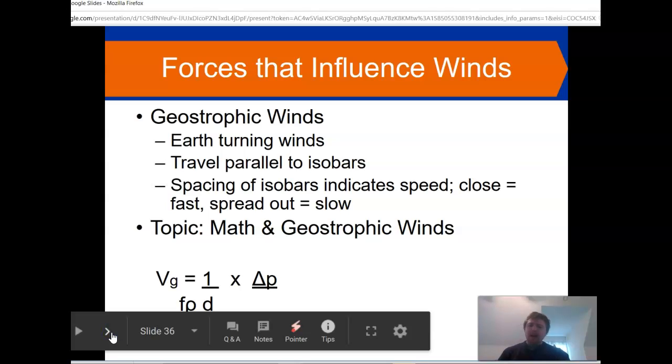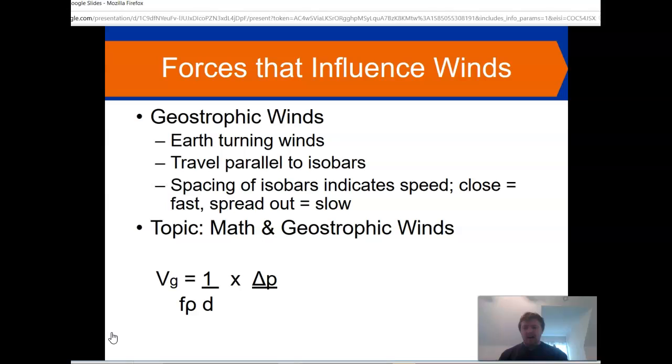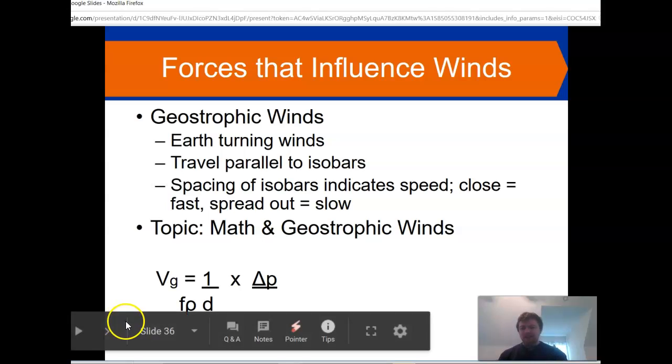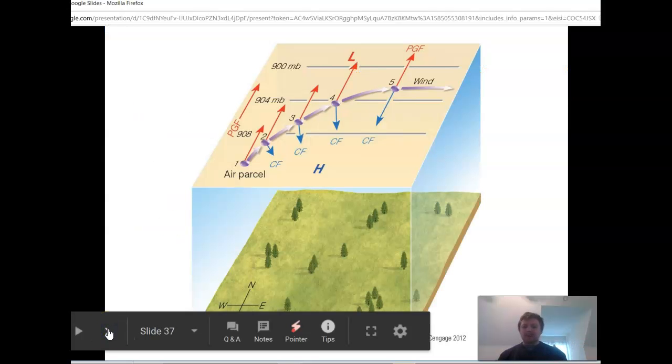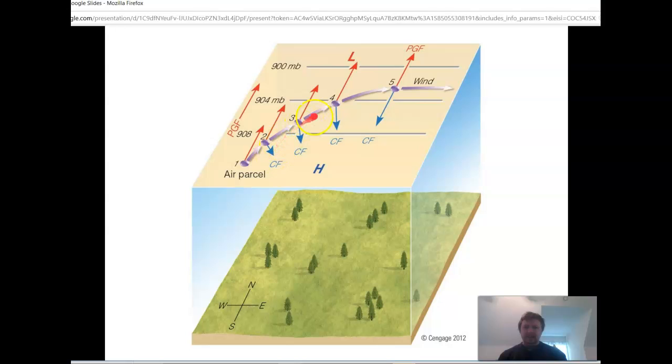Especially in the upper atmosphere, we see what we call geostrophic winds, where the winds are a balance between the pressure gradient and the Coriolis. And what that also means is that when we see these pressure maps, we expect the motion of the winds to be more